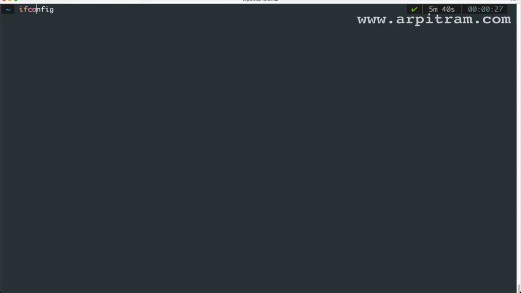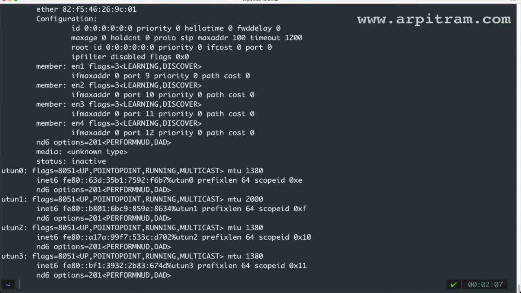Most of you know this command. When you want to see your IP address, if you're working on Windows, you should use ipconfig or ipconfig /all. If you're working on Linux or Mac, you can use ifconfig, or ip a if you're working on Linux. The other important command is nslookup.